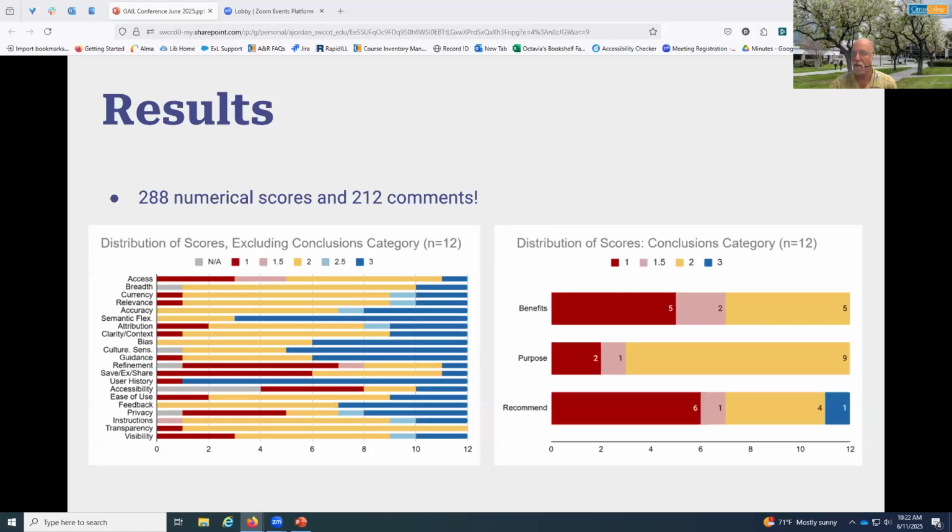So in this chart on the left, we see most of the scores in the 2 to 3 range overall, and just a few criteria where the respondents had a preponderance of scores of 1 or not applicable, particularly in areas like refinement, access a little bit there for sure, some of the functionality of saving, exporting, sharing, etc. But even though most of those individual criteria had relatively higher satisfaction, we see on the right that in their conclusions, their overall analysis, half the respondents would not actually recommend enabling the tool at this point in time.